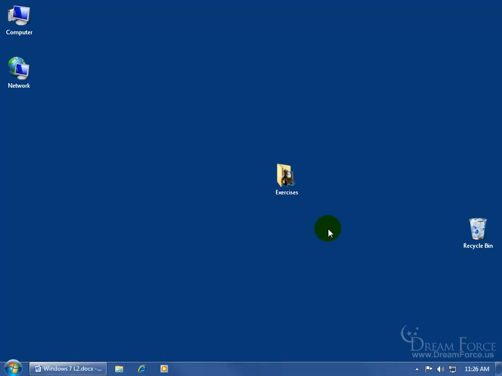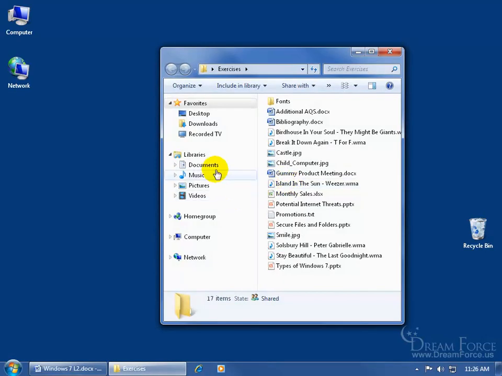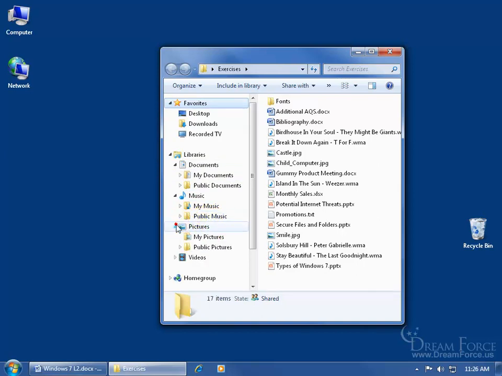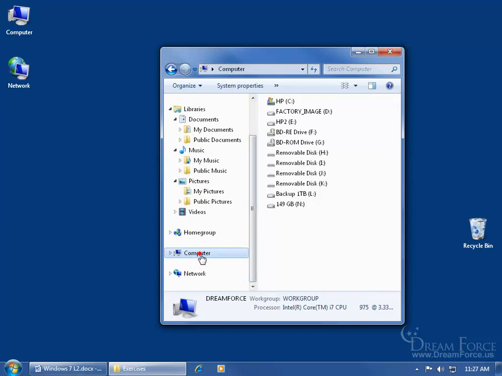Now there's another way to get to the public folders, and it's a shortcut. If you recall from the libraries training video, all you have to do is open up any folder on the computer, like my exercises. Over here in the navigation pane, under the libraries, you have the documents, music, and so on. When you turn down the arrow next to it, it reveals the public documents, the public music folders, pictures, and so on, which are the same folders as if you just came down here and went to the computer,